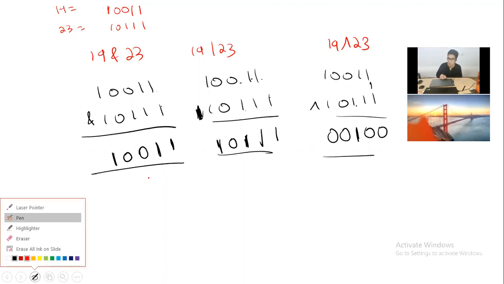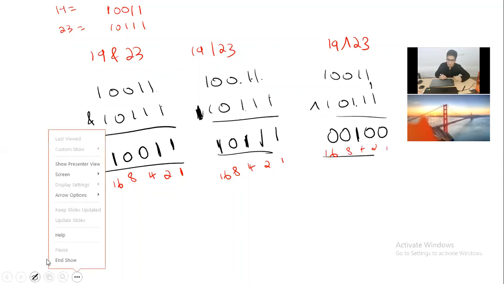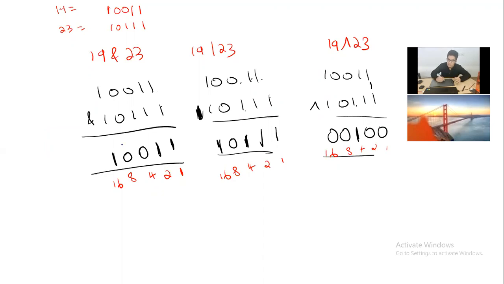This is the binary value. How do you calculate the decimal value? Because whatever you're printing is in decimal form. So start from the number 1 and keep on doubling it: 1, 2, 4, 8, and 16. Do the same thing here: 1, 2, 4, 8, and 16. Here also 1, 2, 4, 8, and 16. Now what you have to do is cancel all those numbers wherever there is a zero. I'll cancel here, and I'll cancel this number. I'll cancel all these numbers like this.